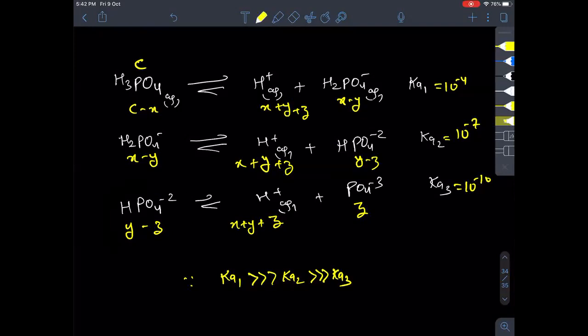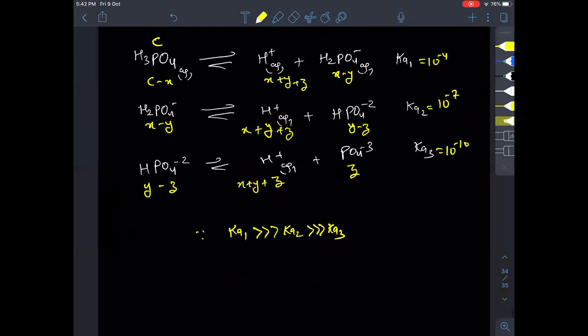Now from here we need to take certain approximations to make it easier. And what are those? By looking at the equilibrium constant values, as they are all much less than 10 to the power -4, what I can say is this x value will not be very, very great, right? So C will be much greater than x, because the equilibrium constant is so small, the product divided by reactant ratio will be dominated by the reactant. So almost no dissociation, right?